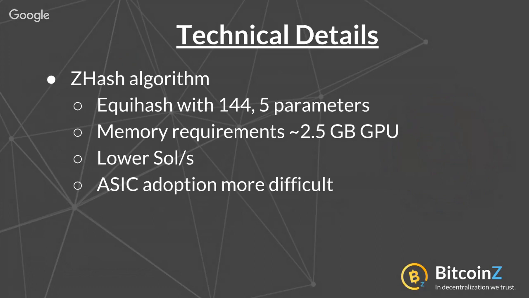And why this is important is because it's harder. The most expensive part of ASIC miners is the memory, and as we bump the memory requirements up, it increases the cost of the miners, and we're hoping that we can push them into a place where the price per hash is on par with what GPUs are doing, and we're pretty confident right now. We don't think that they have 2.5 gigabytes per core in their hashing ASIC. So we're pretty sure that they're not going to be able to process the Equihash with the updated parameters. We've also done some custom things in it, some customization that's going to be specific to